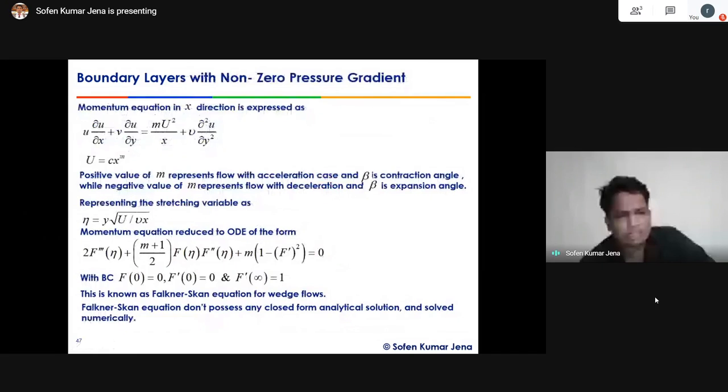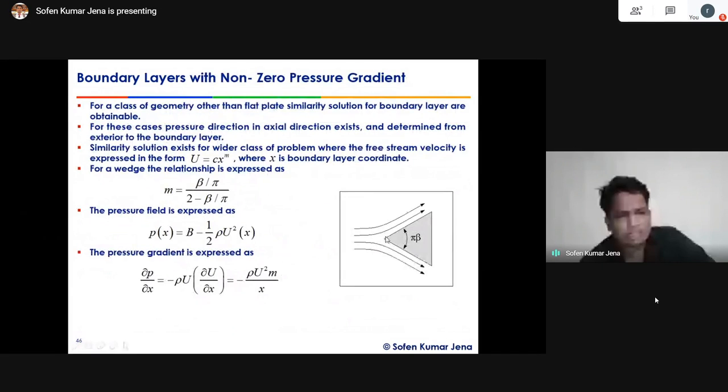So let's come to the situation. What is the speciality in this wedge shape? Even if the boundary layer comes into the flow, the surface is still flat; it remains a straight inclined surface. But not all bodies in engineering applications are flat or smoothly inclined; they may be curved bodies. In that case, there is no straightforward way to assume that my free stream velocity equals c x to the power m. The pressure gradient accordingly changes its role.